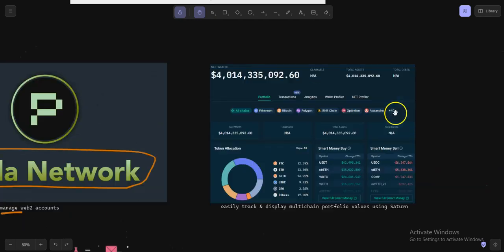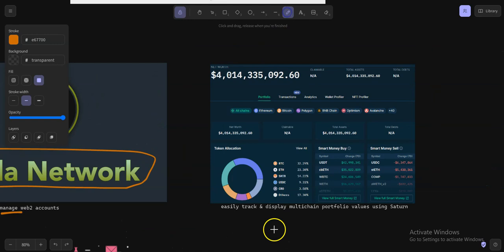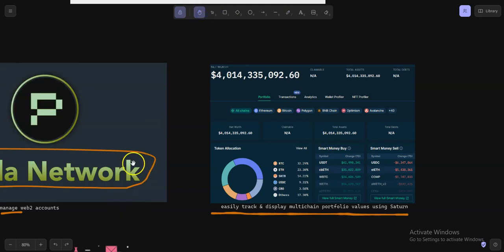Okay, I will link an article where you can read. Another thing again is that you'll be able to easily track and manage portfolio values using Saturn. So like we can say this is a nascent portfolio tracking of a crypto exchange. So it is something similar, it will be able to offer you to track your assets multi-chain.